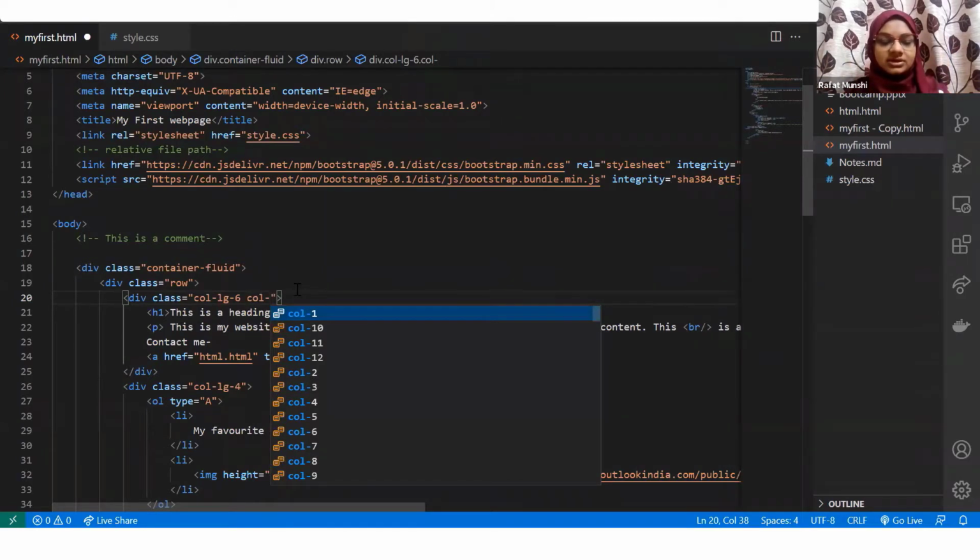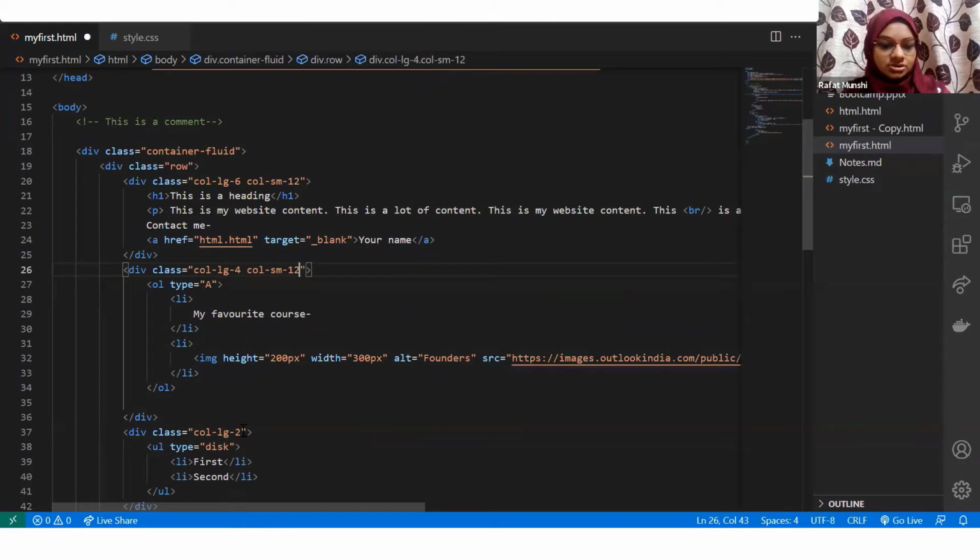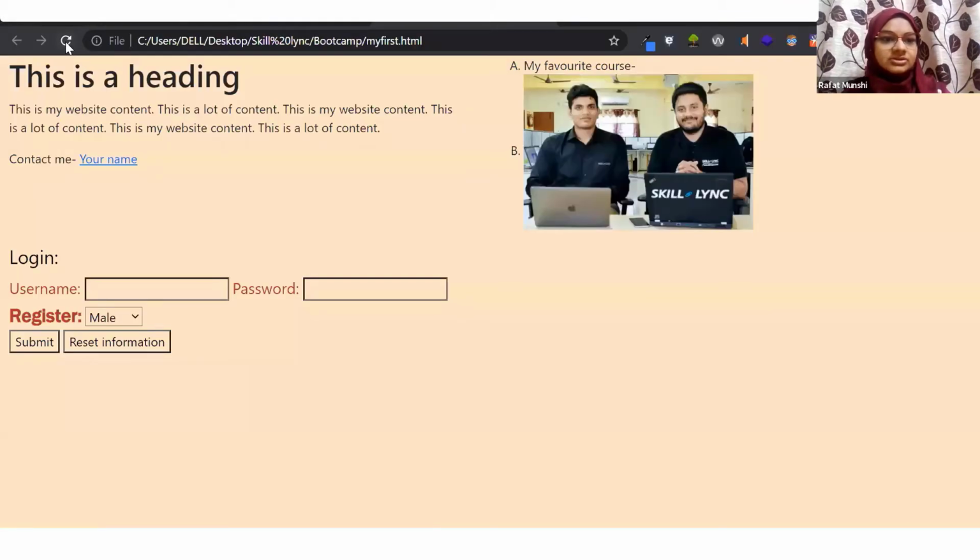I want one after the other. So I would tell one element to take up the entire space. So if I have SM, and then I would tell 12. If I just put 12, how many columns is it spanning? It is spanning 12 columns, right? 12 columns means one element spans 12 columns, so the next element will automatically come down. So 12, 12, and 12 means they would definitely be above each other.